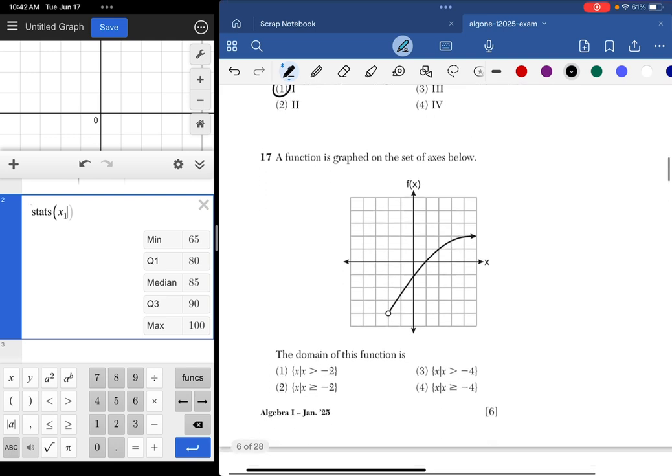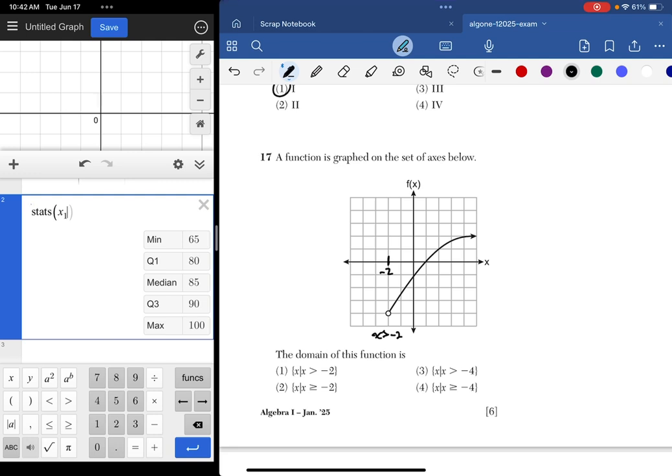Number 7, they're asking what the domain of this function is. Basically just asking how far left and how far right, all right? So my leftmost point here is a -2, but that's an open circle, all right? So that means here we're saying that x has to be greater than -2 because it can't actually be a -2, all right? It's got to be greater.